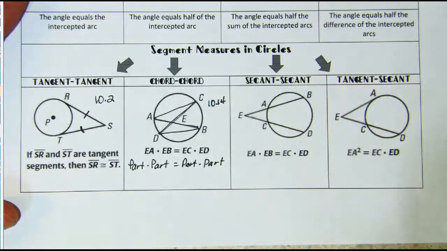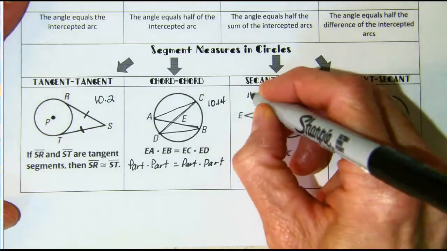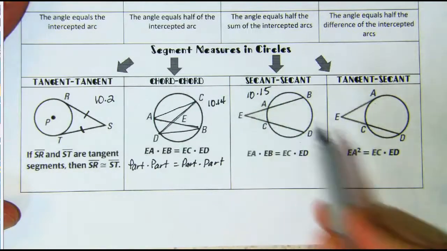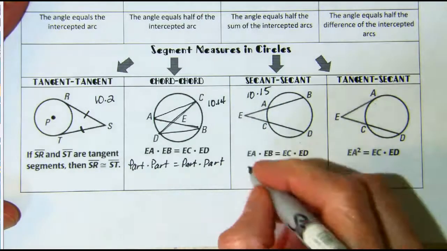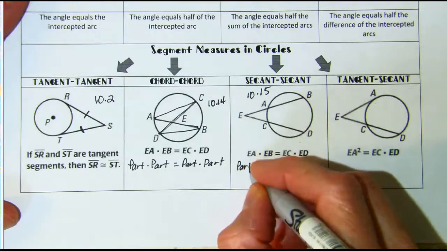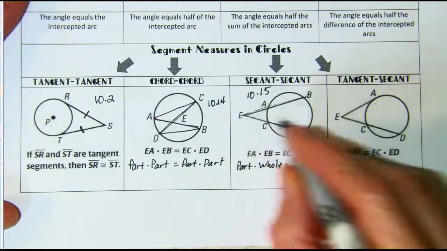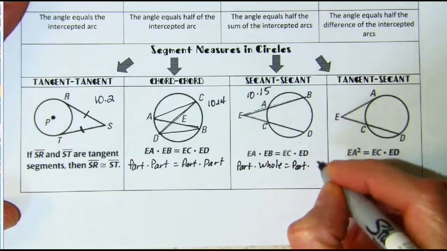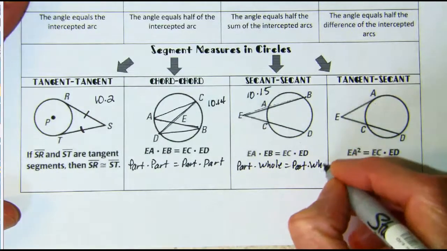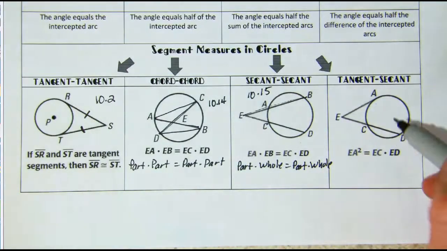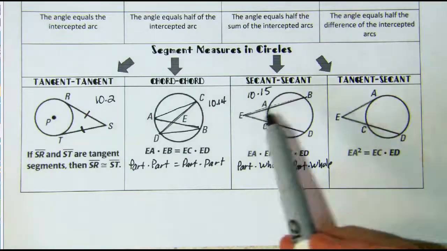Now, secant was 10.15. So these are secants. But for this one, EA is a part, while EB is a whole. EC is a part, and ED is a whole. And remember why that's happening? We made two triangles again, and it's just proportions. So part, whole,